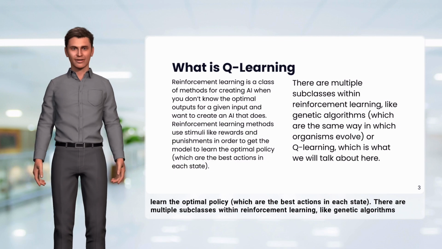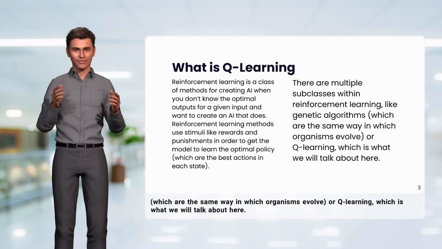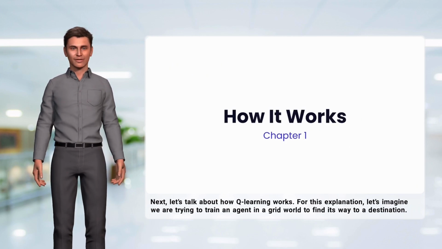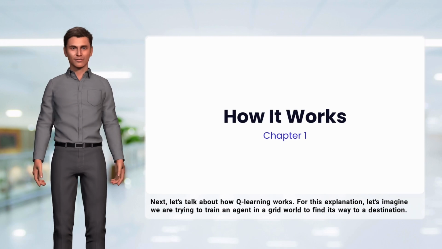There are multiple subclasses within reinforcement learning, like genetic algorithms, which are the same way in which organisms evolve, or Q-learning, which is what we will talk about here. Next, let's talk about how Q-learning works. For this explanation, let's imagine we are trying to train an agent in a grid world to find its way